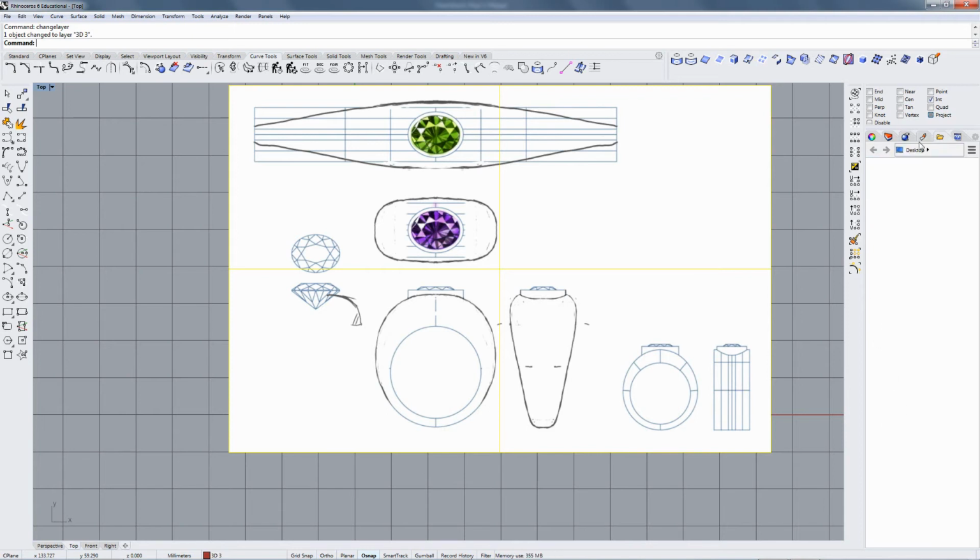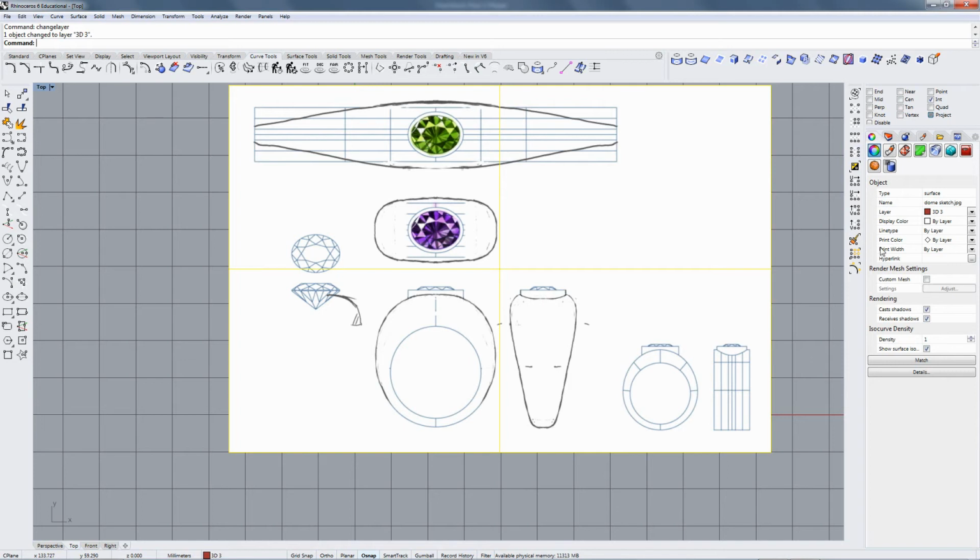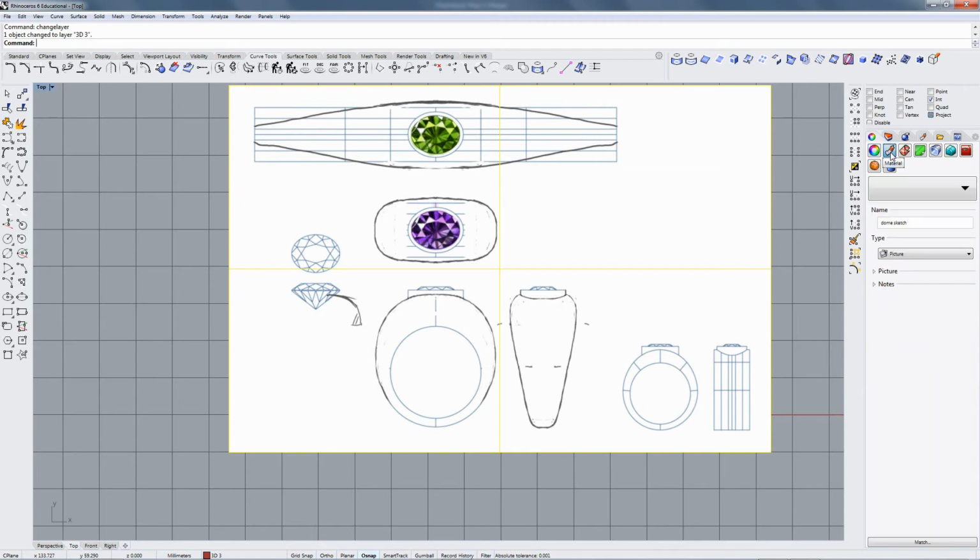Okay. There's material there. And that should